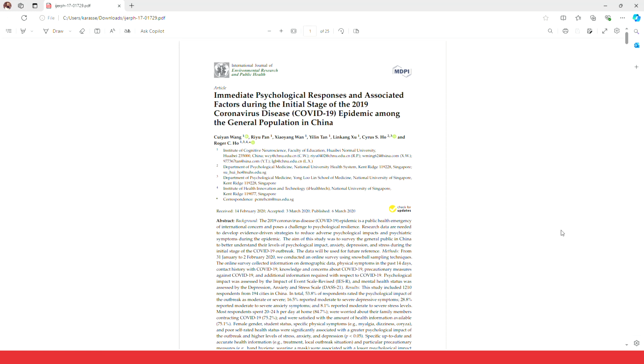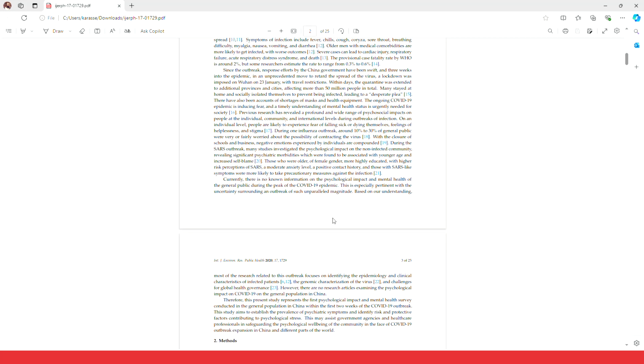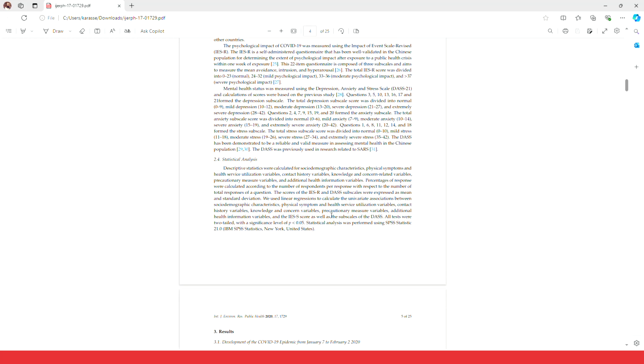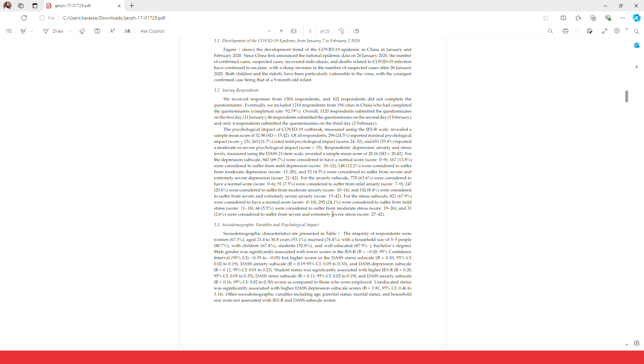The first example we have is a study that was conducted about psychological responses and associated factors in China during the COVID-19 pandemic. The authors of this study generalized the survey data to all members of China. However, if we scroll down to the socio-demographic variables and psychological impact section, we can see that over 67% of